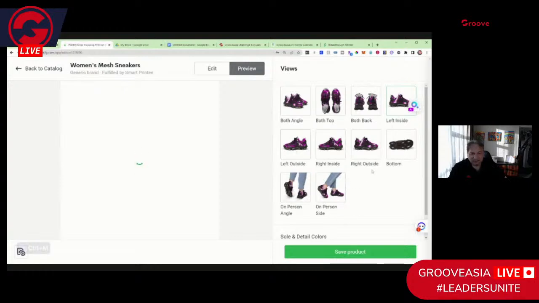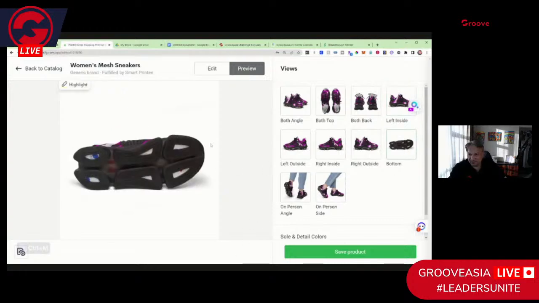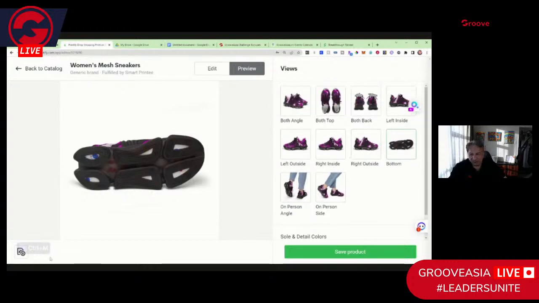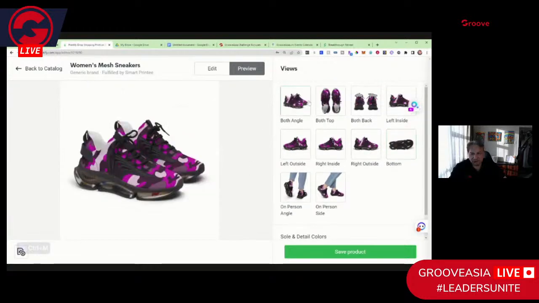From the sides. And as you can see, these shoes are pretty great looking shoes, if I don't mind saying. I mean, I'm sort of loving the sole on them. So, it's something that I think would sell really, really well. Now, we're not going to leave here, because what we want to do is download some of